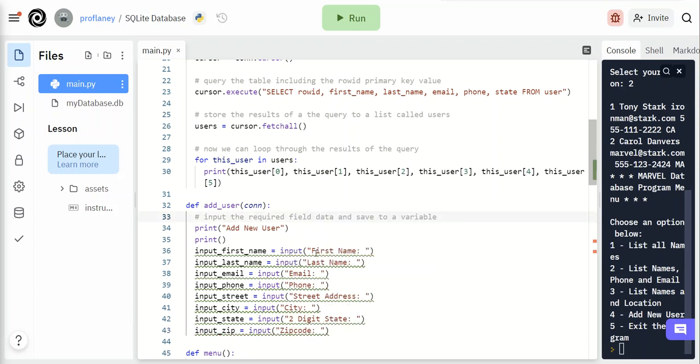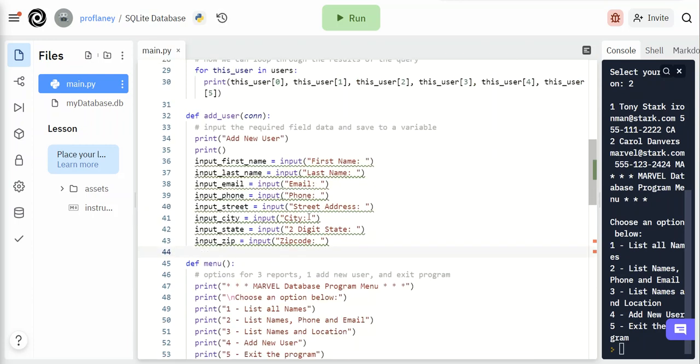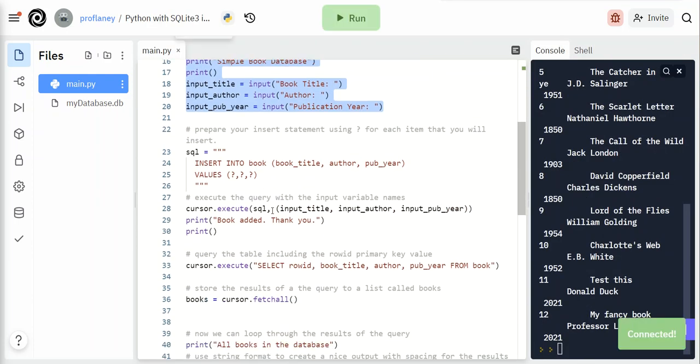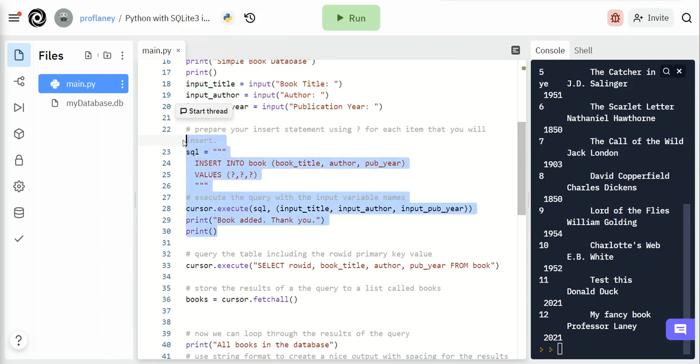Okay, so that should be 8. 1, 2, 3, 4, 5, 6, 7, 8. Okay, so that part got my inputs. I'm going to go back here and I'm going to prepare my statement and execute it. So then let's go back here